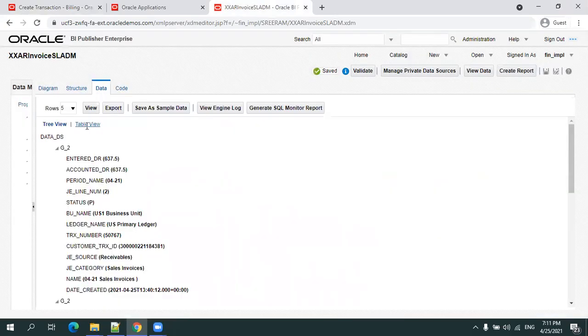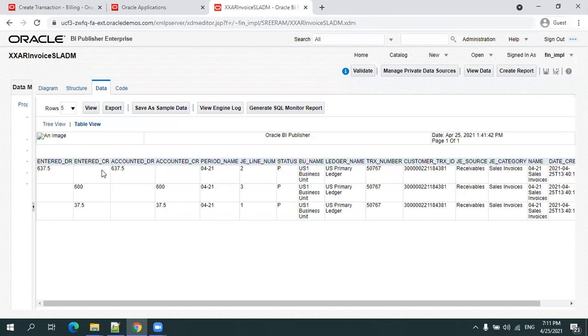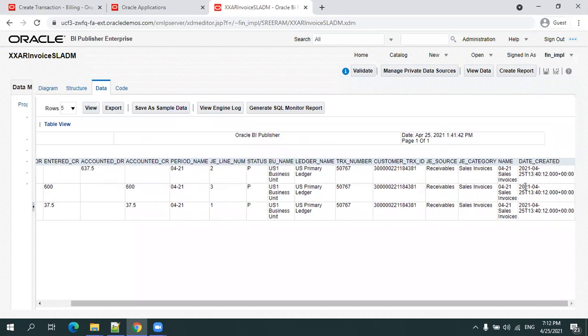Generally this table will have a huge amount of data, so we always need to fine tune it based on the requirement. So I'll click on table view, and here can you see it has all the information. The status is posted, and the period is April, right? Period as well as the year, and this sort of account. And here, if you observe the 637, the receivables account, revenue information, and the tax information, they got posted to 3 lines, right?